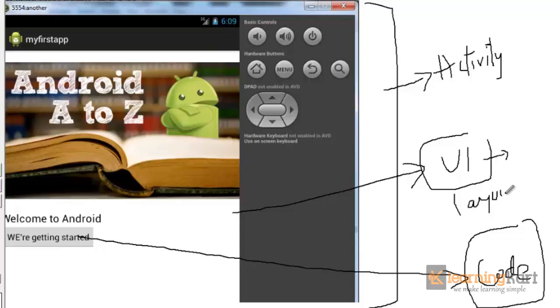So in a way, we can say that an app consists of a number of activities. Every activity is synonymous to a web page. It has a view, it has some background code, it can have some services running behind the screen, and this is what is shown to the user, the UI, or in Android terms, a layout. This is what basically comprises one page or a single activity for an Android application.